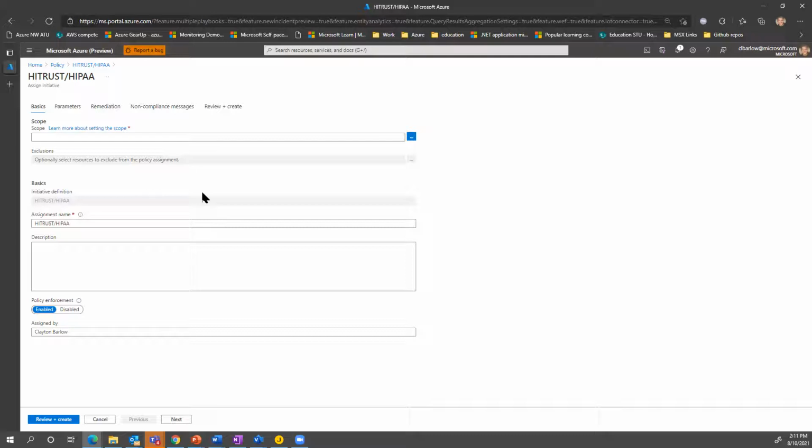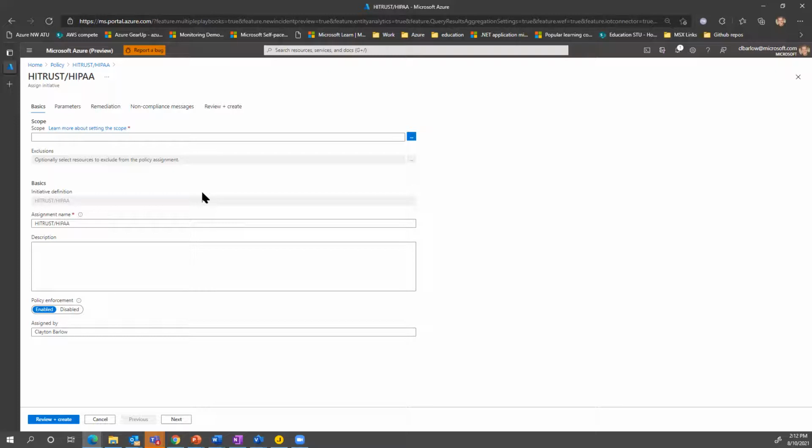But if you think about everything inheriting, let's say a top management group for the entire research org is going to have some basic concepts about it, to make sure that some basic security is there. And then we've got one that's, hey, this is our HIPAA research management group, and everything that goes into that management group is going to pick up the HIPAA compliance initiative.